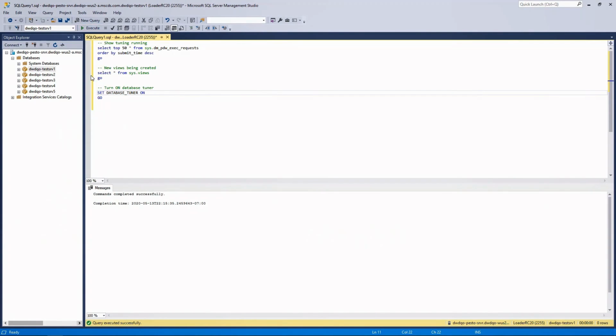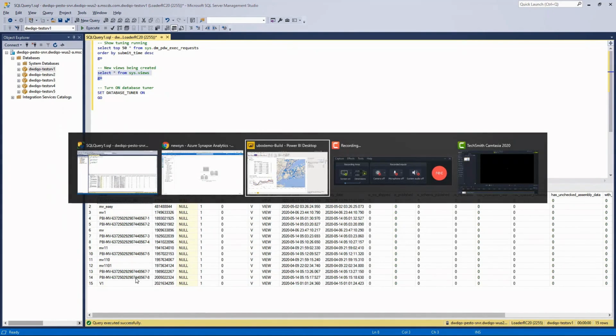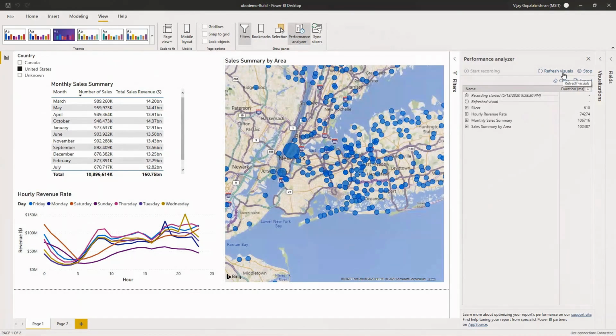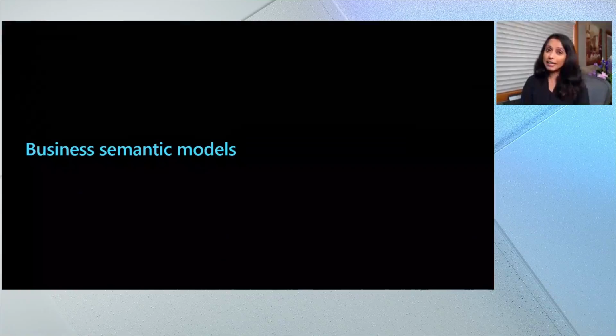And I'm going to turn this on. What you're going to see next is that as soon as I turn this on, Power BI is collecting all those queries and automatically creating those materialized views in the store. And those queries now are going to get redirected over to those materialized views, and you're going to get incredibly faster performance with no work on your part except to click the toggle to enable this auto creation, or this recommender. Again, coming soon this summer, super excited about it. And with that, let me switch over to the next topic.